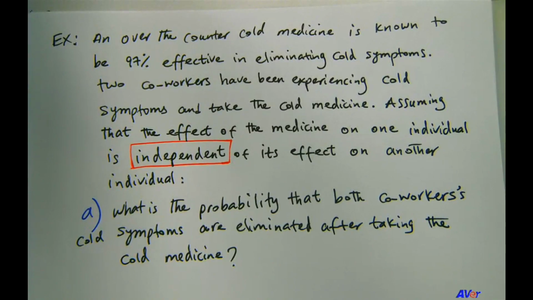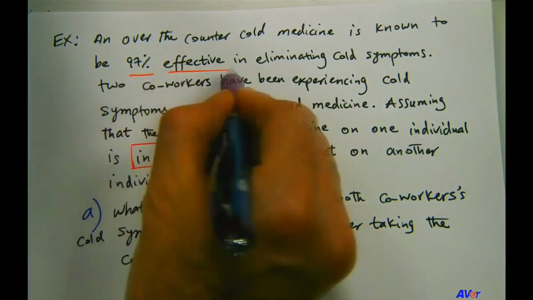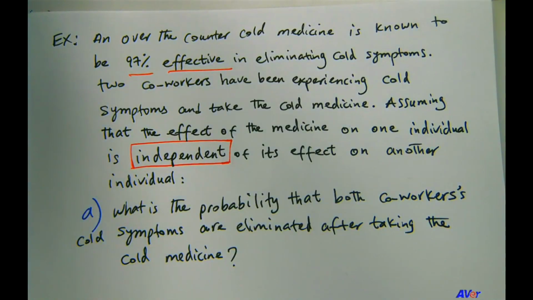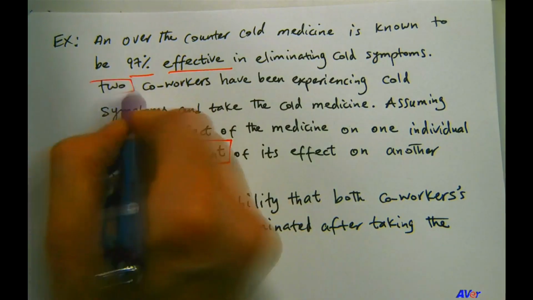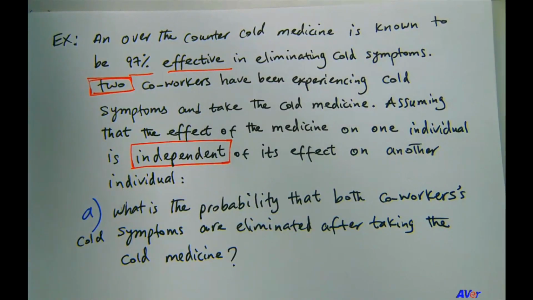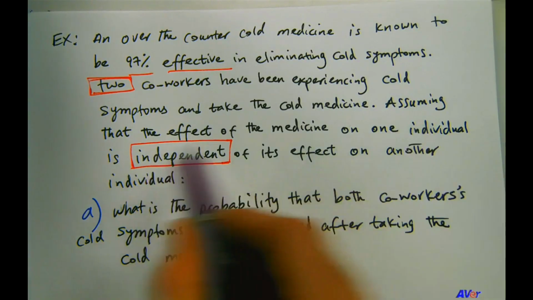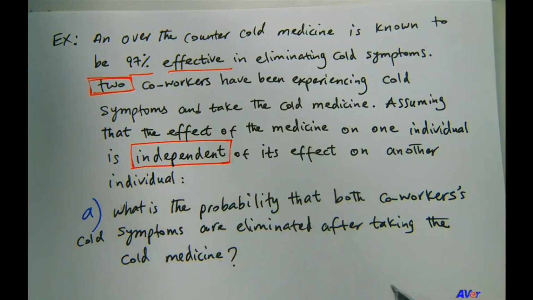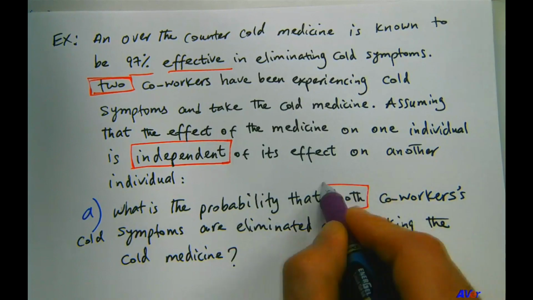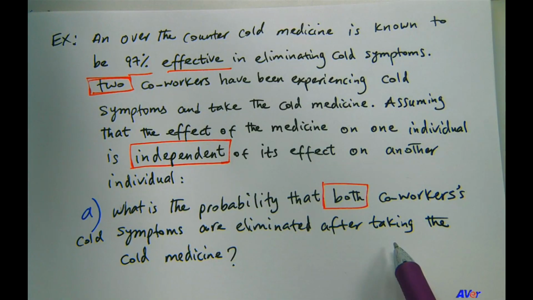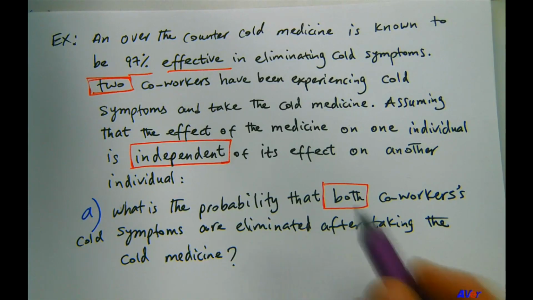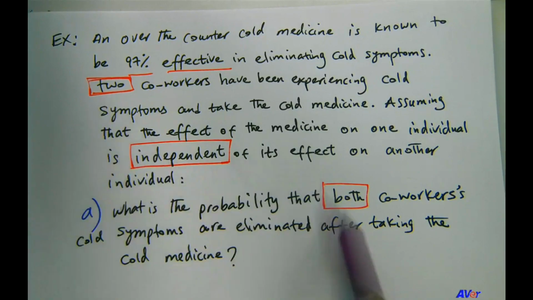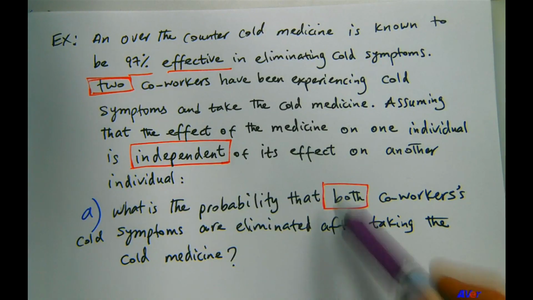So we have here a cold medicine that apparently is 97% effective in eliminating cold symptoms. So 2 co-workers, and these are all important clues in the problem. We have only 2 co-workers that have been experiencing cold symptoms and take the cold medicine, and assuming that the effect of the medicine on one individual is independent of its effect on another individual, then we have to answer this question. What is the probability that both co-workers' cold symptoms are eliminated after taking the cold medicine? It's really helpful if you think of these